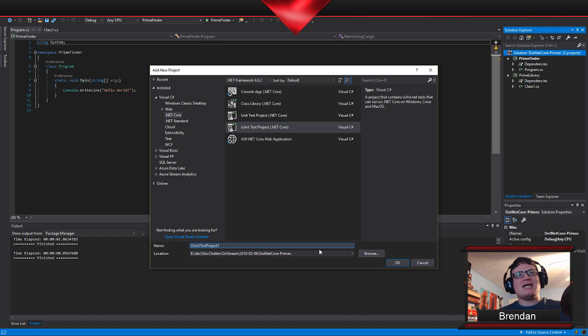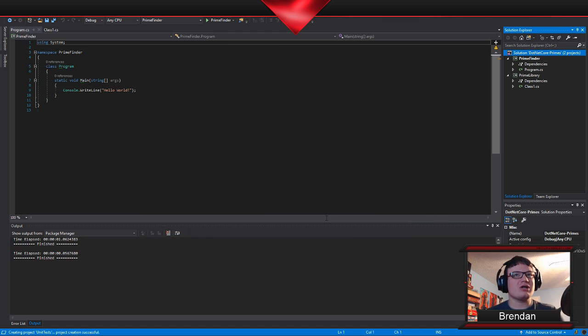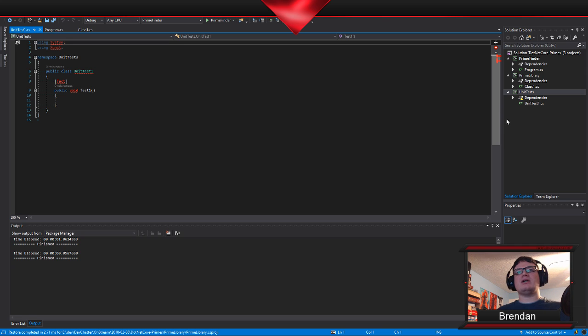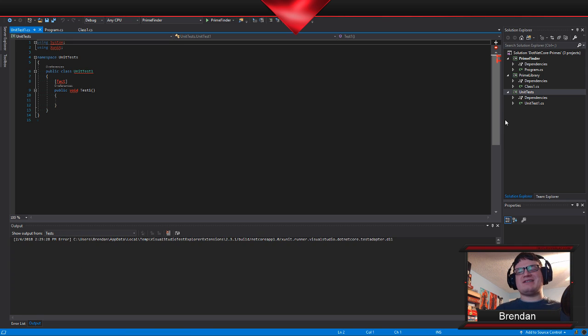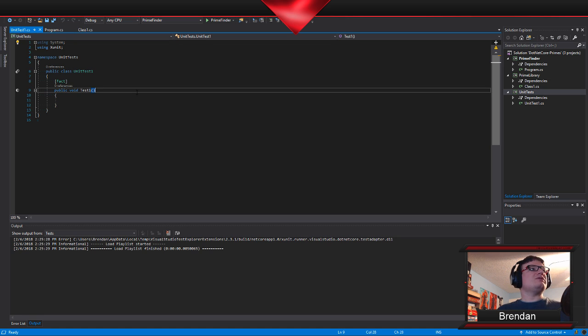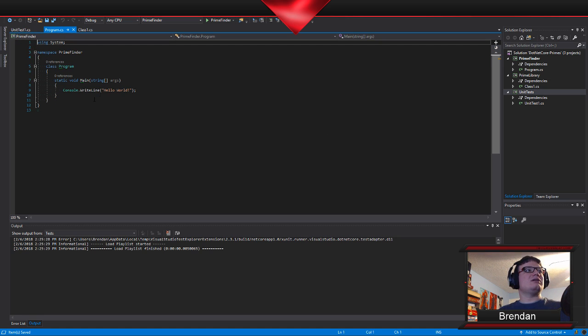I think a lot of this came about because the internal Microsoft team was using XUnit for their work. So I'm going to go ahead and just make a unit test project. I'm just going to call it unit test for now because we're just doing a little programming exercise. This isn't long term, but a rename's a pretty easy thing, so I'm not terribly worried about it. So we now have a Hello World program and some unit tests.